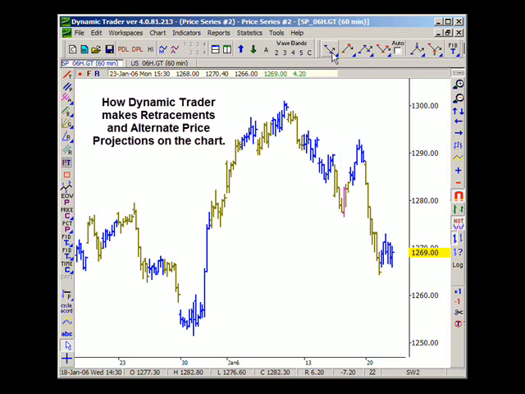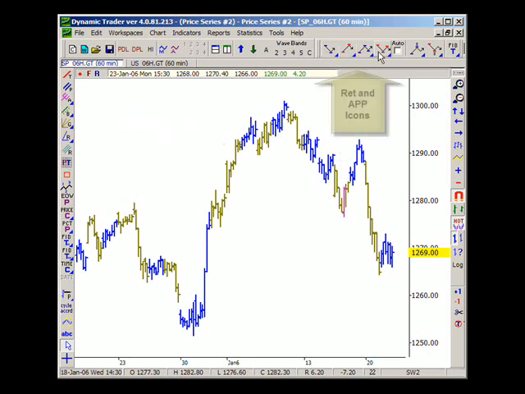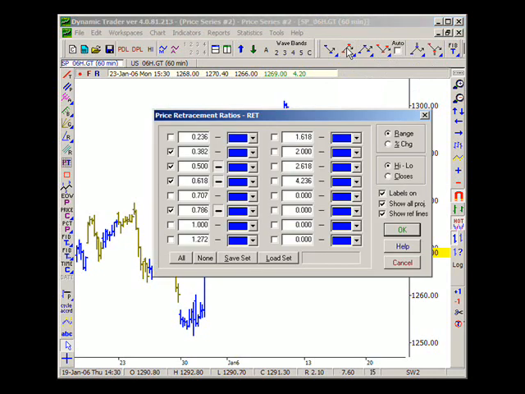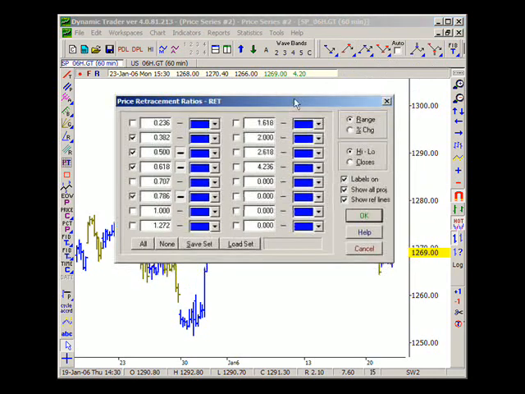Up along the top of the software, these are the retracement and alternate price projection icons and the price expansion icons. So you can right click in either one of these icons and the menu will come up where you can choose which ratios you want to use for your retracements and what the color of the line should be and whether they should be thick or thin. Now, for the most part, we'll be looking at 38, 50, 62, and 78.6% retracements,